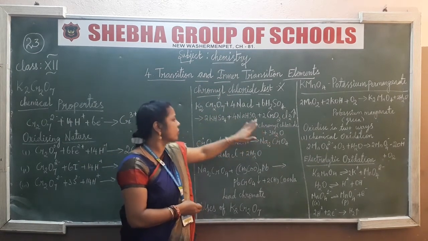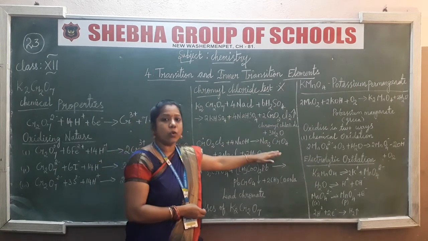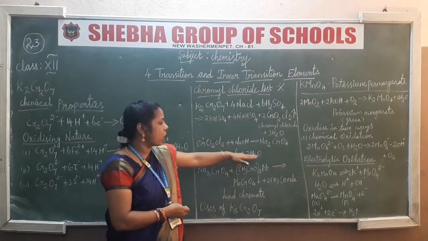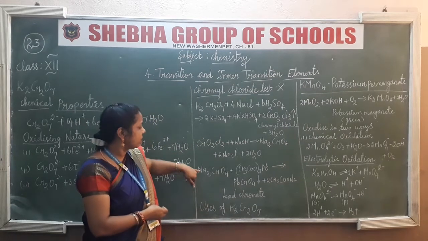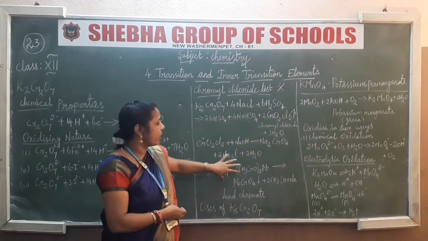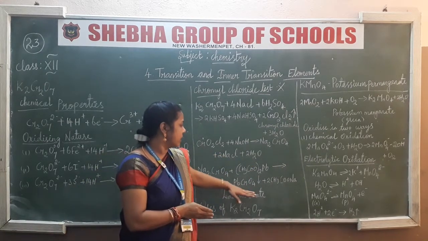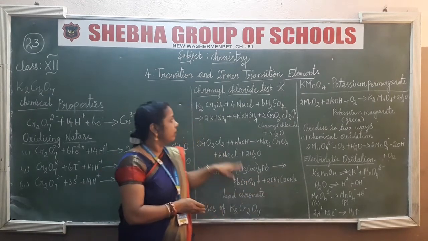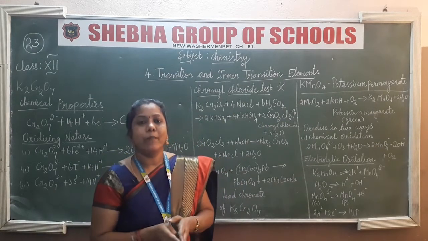Okay, and this chromyl chloride is passed into sodium hydroxide. In this sodium hydroxide, it changes into sodium chloride along with water molecules. Next, the last step, we get sodium chromate. This sodium chromate reacts with lead acetate. Finally, what do we get? Lead chromate and sodium acetate. In this chromyl chloride test, it's very important to identify lead.